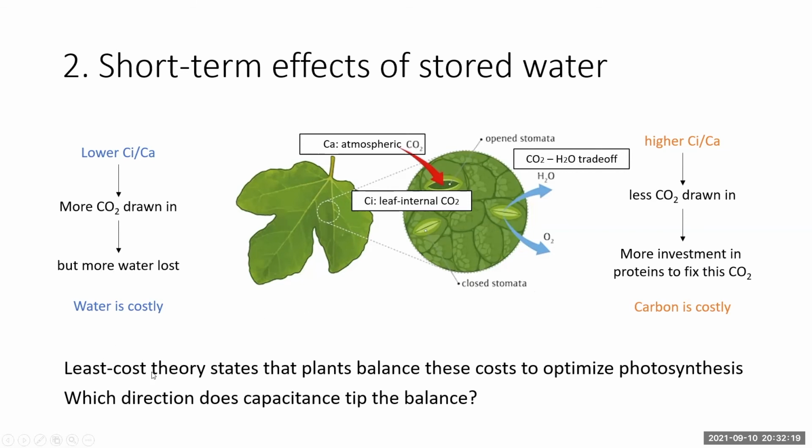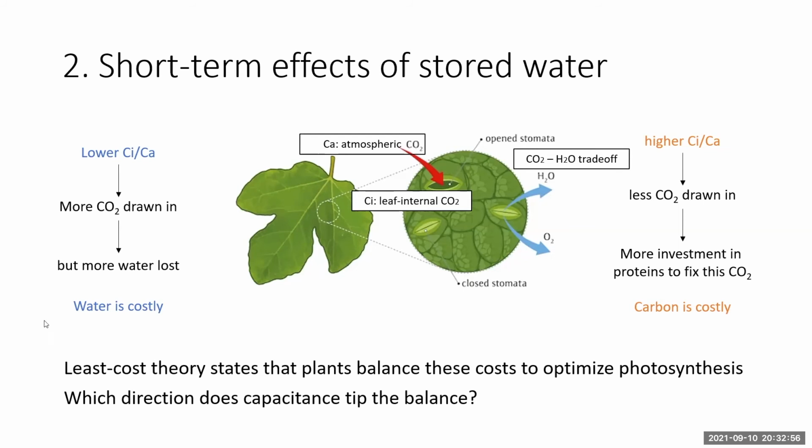And that is where the least cost theory comes in. It says that plants need to balance these costs or investments so that they can optimize photosynthesis. The best possible outcome is when the total investment is the least for a given amount of photosynthesis, the combination where you can achieve a given level of photosynthesis for the minimum cost you might have to pay. And so we wanted to check if this balance is shifted by capacitors, or the stored reserves